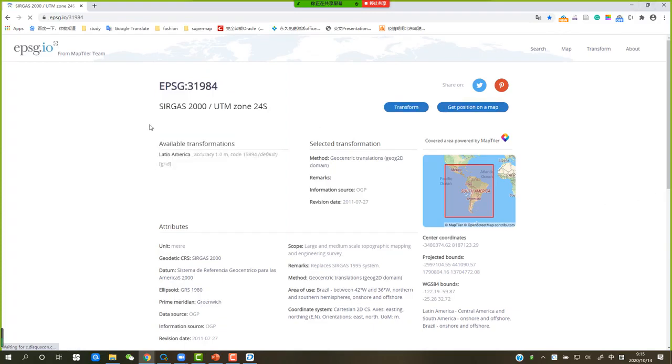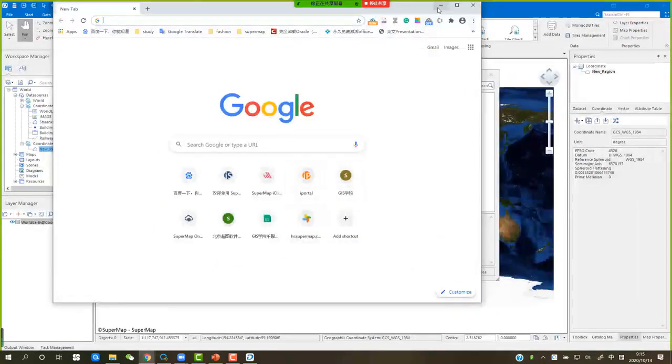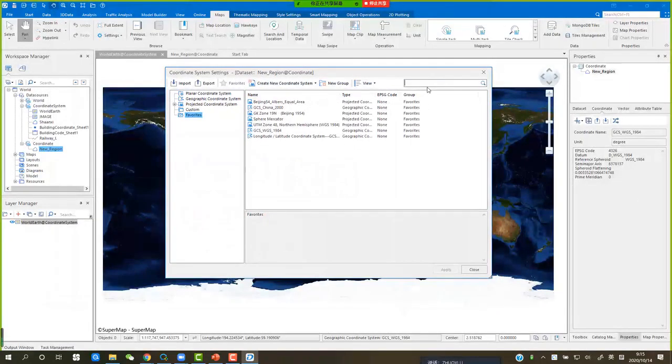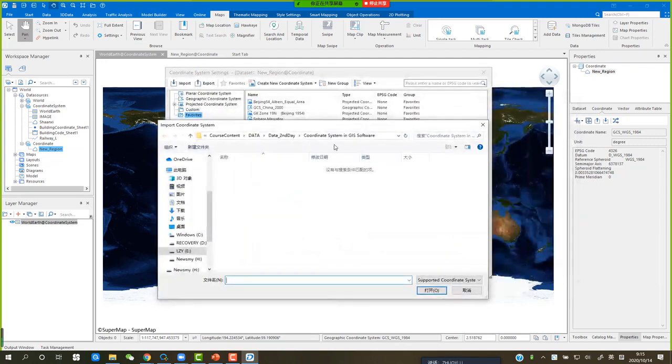Okay, and let's search this name, or maybe they don't have it, so you can search the name, and if they don't have the name of the coordinate system, you can also import the coordinate system or create a new coordinate system. So first, let's import a coordinate system. You can click this Import Coordinate button. Okay, click this button, and we can choose